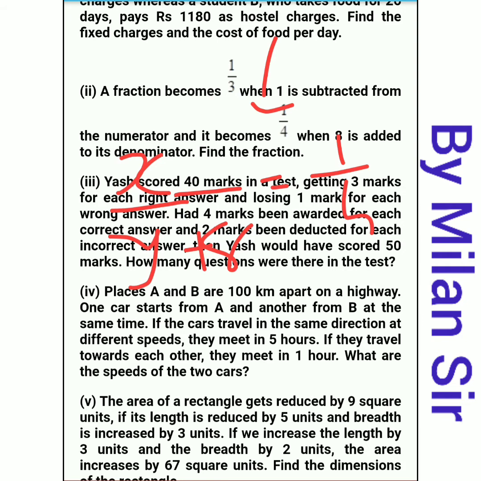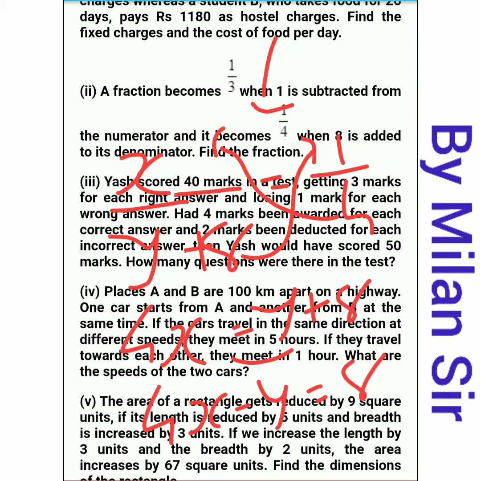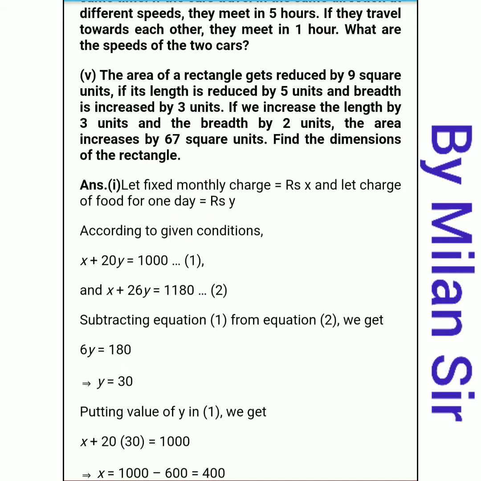Now we need to do the cross multiplication here. So 4 into x, if we transfer 4 to the left hand side, it is 4x, and transfer y plus 8 to the right hand side. So y plus 8 into 1 is y plus 8. So 4x is equal to y plus 8. Now transfer this y to the left hand side. So 4x minus y is equal to 8. This is our equation number 2. So our two equations are ready.